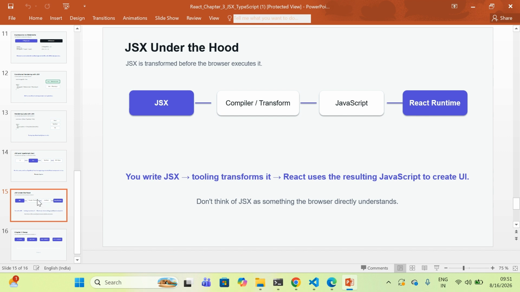The mental model I want you to remember is: we write JSX, our tooling transforms it, React works with the resulting JavaScript representation, and the UI is rendered in the browser. We don't need to memorize the exact transformation today. The important thing is understanding the responsibility of each layer. That's very good to understand before we become good React developers.